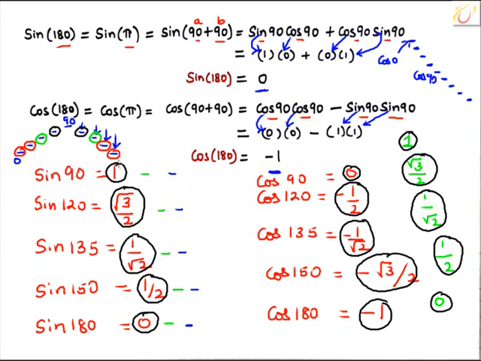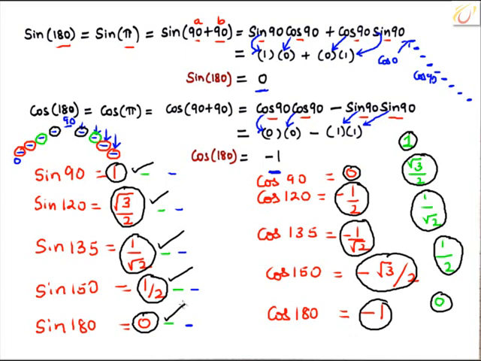So in quadrant 1, how did sine move? 0, half, 1 upon root 2, root 3 by 2, 1. In quadrant 2, that is from angle 90 to 180 or pi by 2 to pi, sine 90 is 1, sine 120 is root 3 by 2, sine 135 is 1 upon root 2, sine 150 is half, sine 180 is 0. So you can imaginarily take it as when sine is going from 0 to 90, it is rising